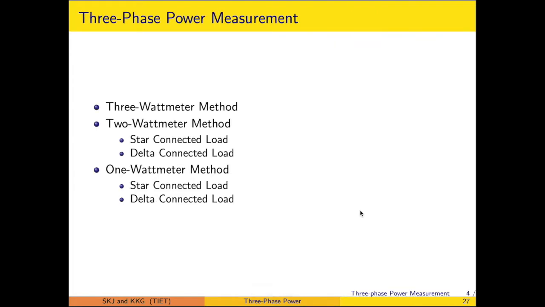So there are the methods for power measurement. They are classified as 3 watt meter method, 2 watt meter method and 1 watt meter method. There are the salient points in favor of, let's say, 2 watt meter method. That particular will be discussed there. There is some procedure for the single 1 watt meter method. That particular will also be highlighted. And there are the restrictions of the 1 watt meter method. That particular will also be highlighted. However, as the load can be star or delta, the 2 watt meter method and 1 watt meter method are discussed for star and delta configurations.